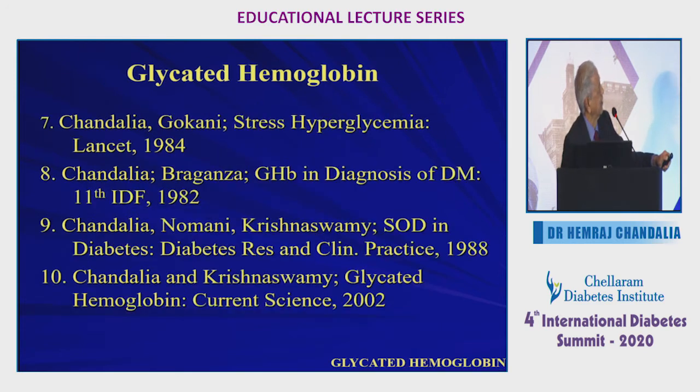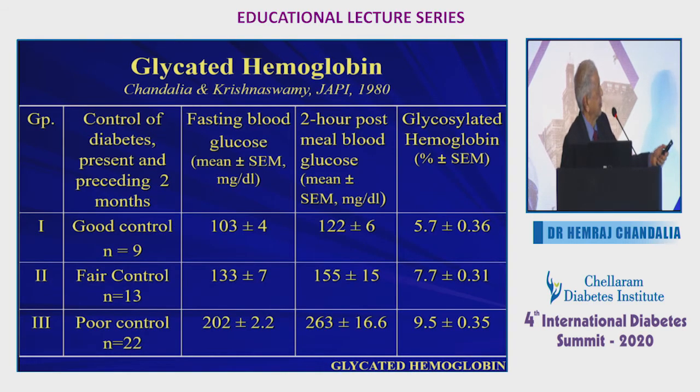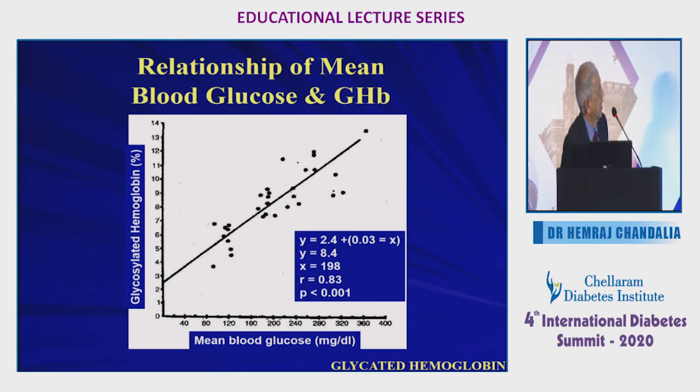But I'll concentrate on A1C and some of the work that we have done. A lot of it is summarized in this last article in Current Science, where over 4 or 5 publications are put together. Anyway, I'll give you some very interesting aspects. This is the initial paper where we prospectively followed our patients with a very large number of blood glucoses and established that when the glucoses were like this, this was the A1C: fair control, this was it, and poor control. So it showed that the method was working. And of course, a straight line relationship of glucose to glycosylated hemoglobin was shown.